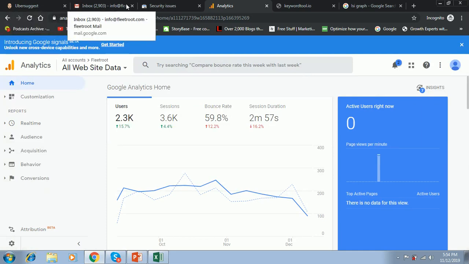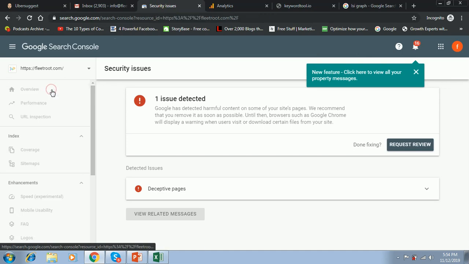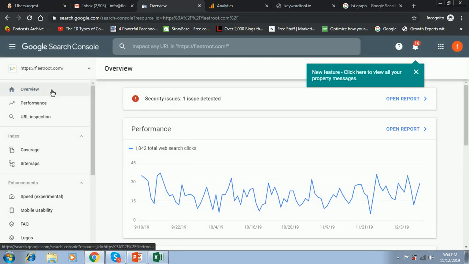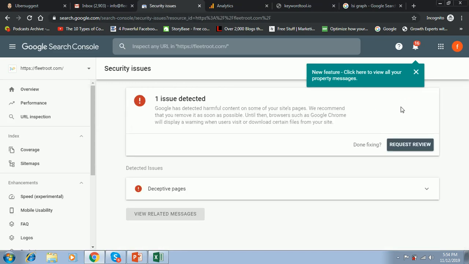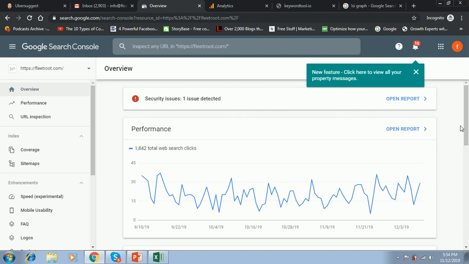So here it is. This is Google Search Console. If I click on Overview, it will tell me what kind of technical errors there are on my website. It has detected a security issue. If I open the report, it will tell me one issue has been detected, and it gives me the list of deceptive pages. Clear? I go back to the overview, then I scroll down,